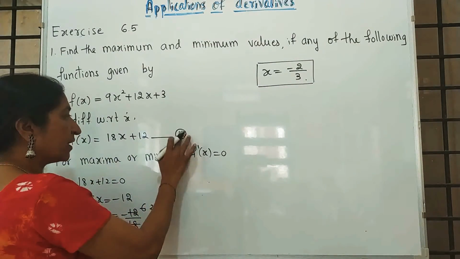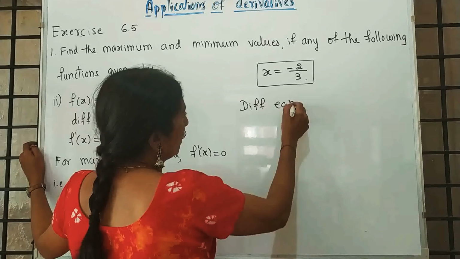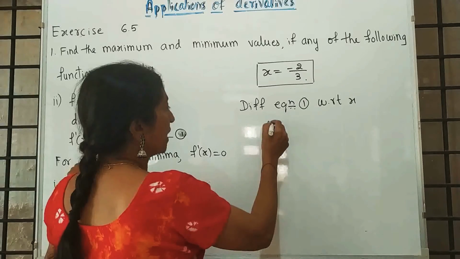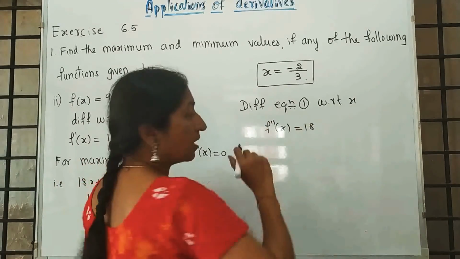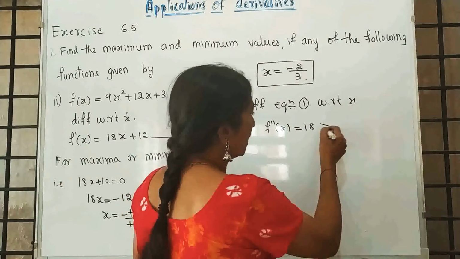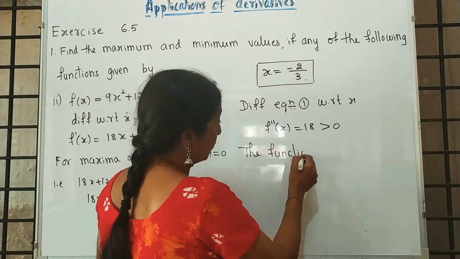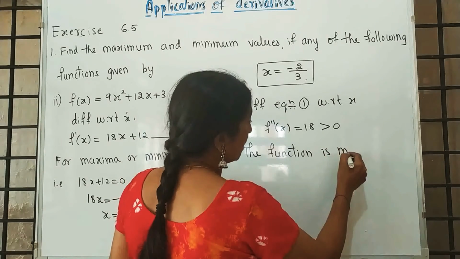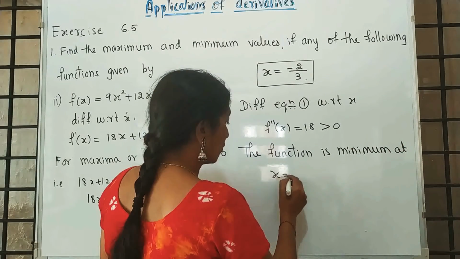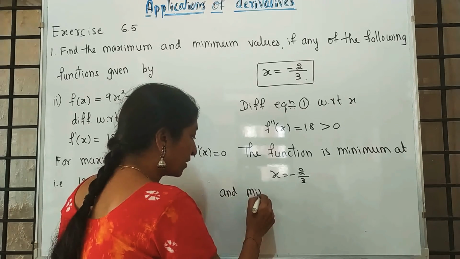We have to differentiate equation 1 again with respect to x. Differentiating equation 1 with respect to x, f double dash of x is 18. See, again is it interesting or what? Yes, without substitution we got the answer positive, greater than 0. So the function is minimum. Positive means minimum. The function is minimum at x is equal to minus 2 by 3 and the minimum value is